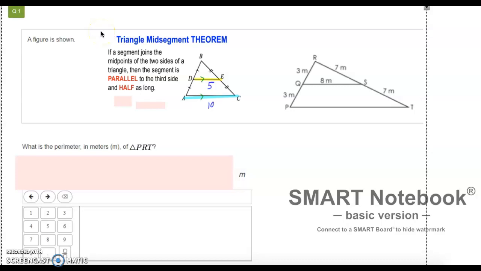A figure is shown. What is the perimeter in meters of triangle PRT? So over here we have our figure, and we can see that triangle PRT is the one that I'm going to outline here in yellow. So PRT